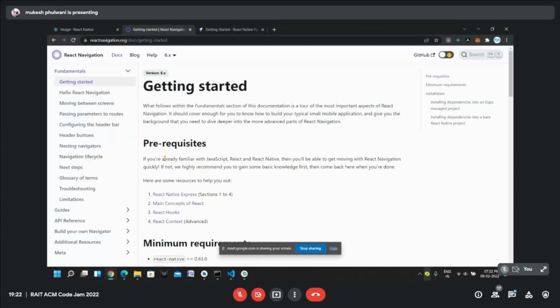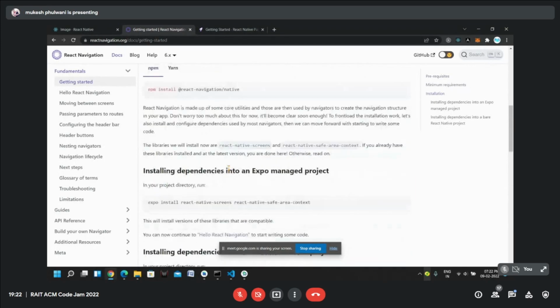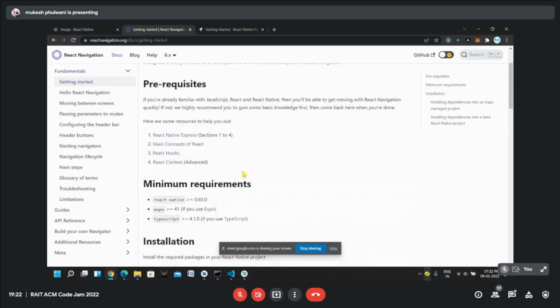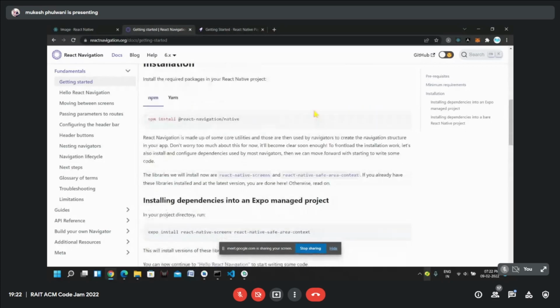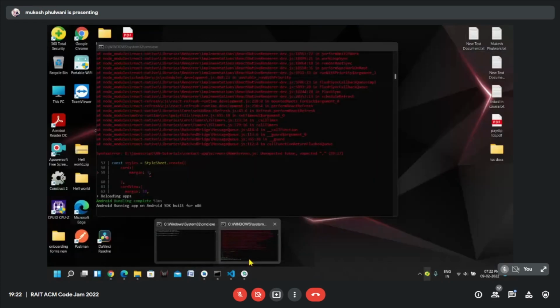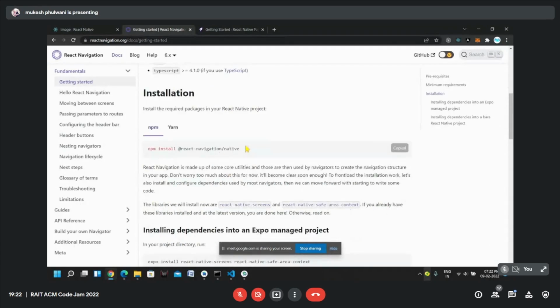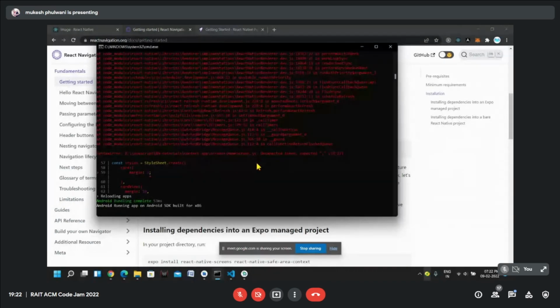So I can install it actually in advance, so we should not waste time in installing. It takes a little time to install it. So I can install it right now, and from tomorrow we can directly start using it. So I'm on the documentation of React Navigation, and we need to install it first. So I'll copy this. We have to follow the instructions from the documentation. So I'll copy this line of code and I'll kill my development server.